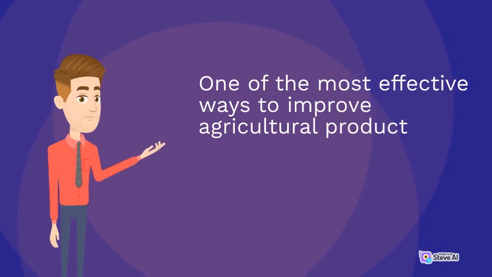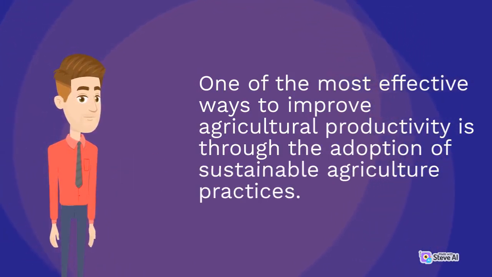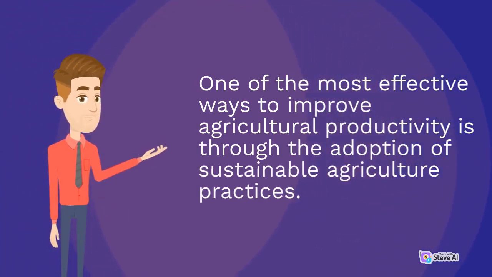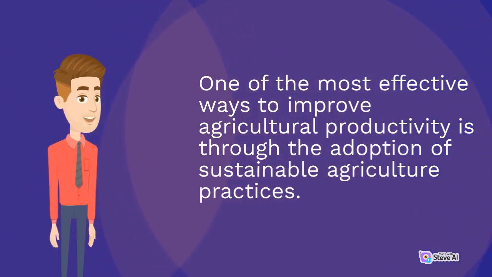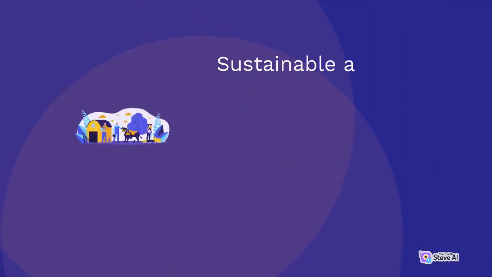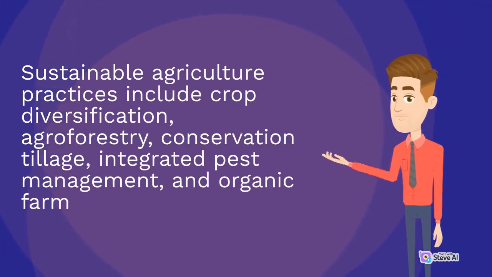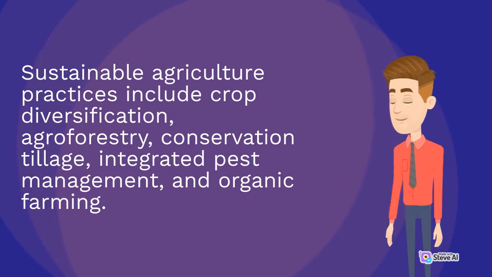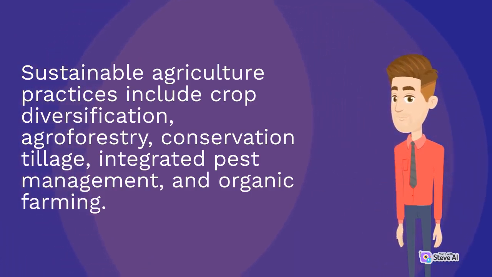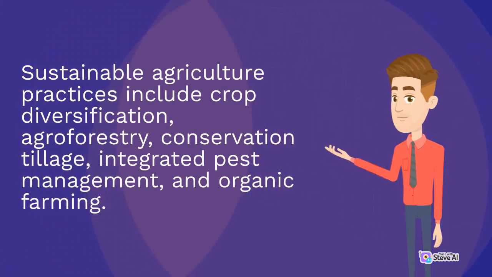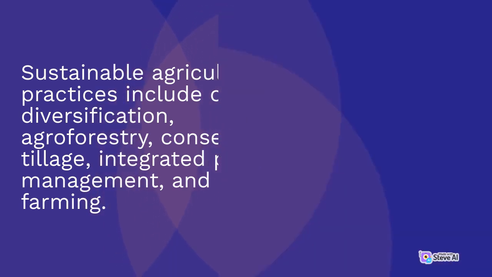One of the most effective ways to improve agricultural productivity is through the adoption of sustainable agriculture practices. Sustainable agriculture aims to enhance productivity while preserving natural resources, reducing negative environmental impacts, and improving farmers' livelihoods. Sustainable agriculture practices include crop diversification, agroforestry, conservation tillage, integrated pest management, and organic farming. These practices